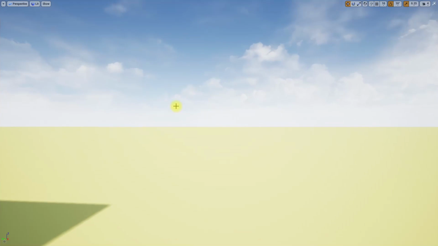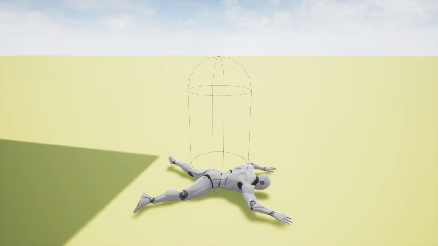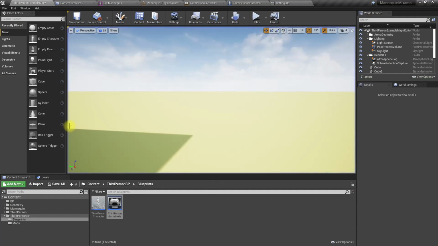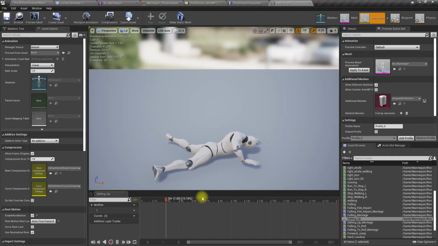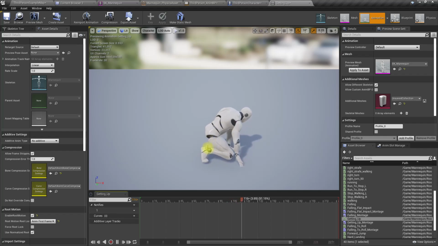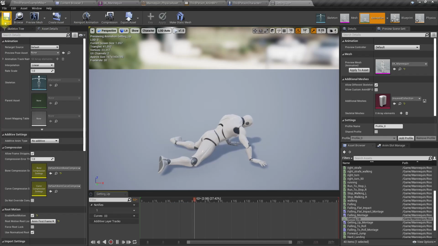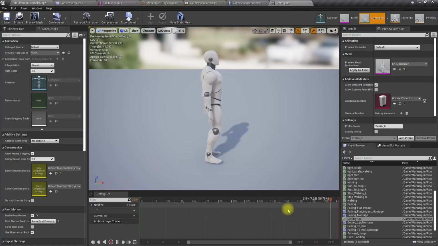let's see how it looks. Oh, that's bad. Okay, so I need to remove the Z part from the animation. Right, I fixed it. I removed the Z component. That means previously I had transferred this moving up part also to the root bone, so I transferred it back to the pelvis. So it looks fine, but except this small issue, this leg rotation.